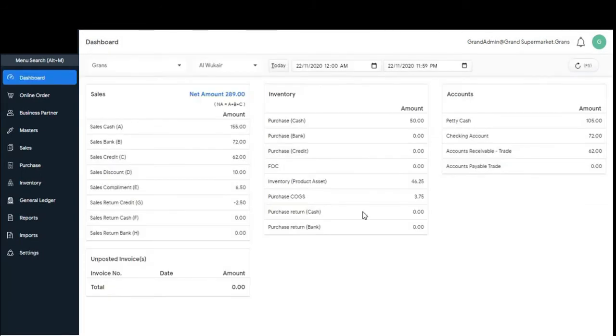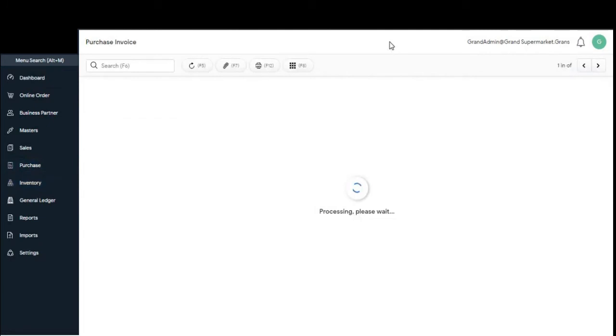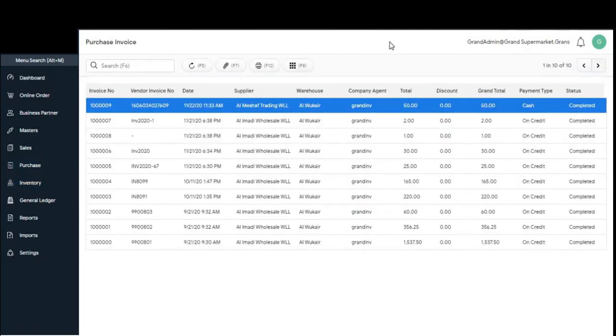In this video, we will see how to void the purchase invoice. Open the menu Purchase. Select the submenu Purchase Invoice. Here, the purchase invoices from the QSale inventory application will be listed. Select the invoice that we like to void. Press F8 from the keyboard or click the toggle view icon.